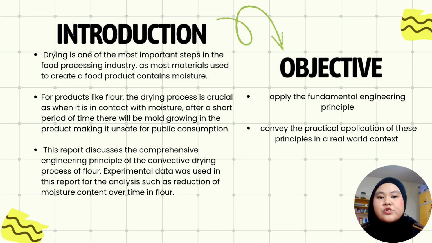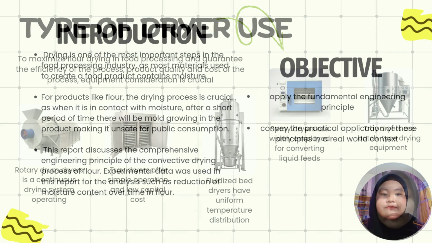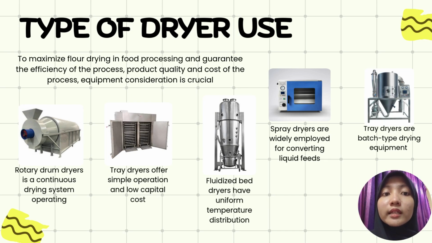Experimental data was used in this report for the analysis, such as the reduction of moisture content over time in the flour. The primary objective of this report is to apply the fundamental engineering principles including thermodynamics, heat transfer and fluid mechanics, as well as the equipment used in the drying process of flour. Another objective is to convey the practical application of these principles in a real-world context and to make food processing more efficient. To maximize efficiency and quality in flour processing, selecting the right equipment based on operation scale and product